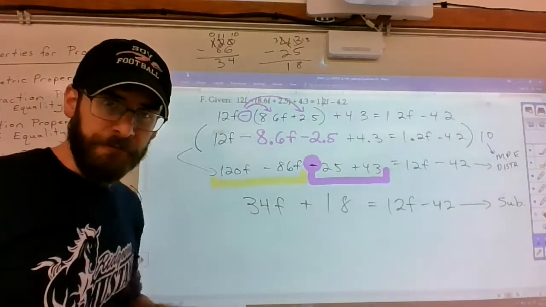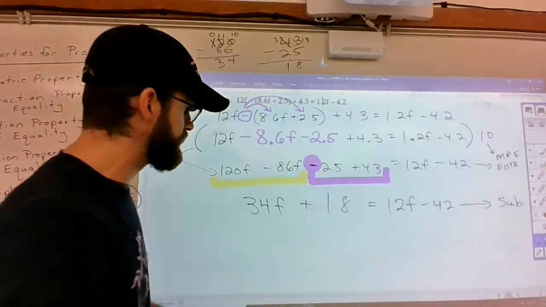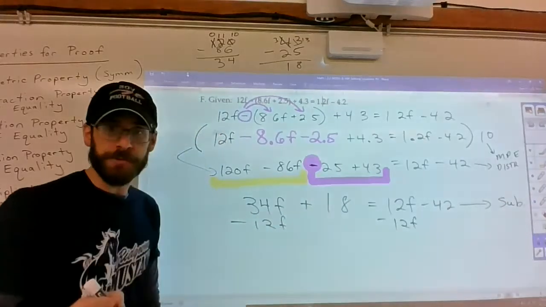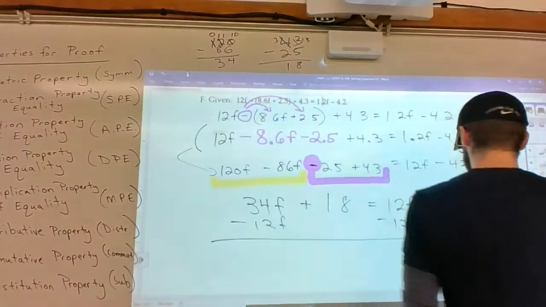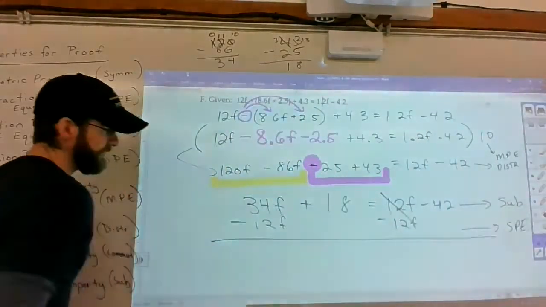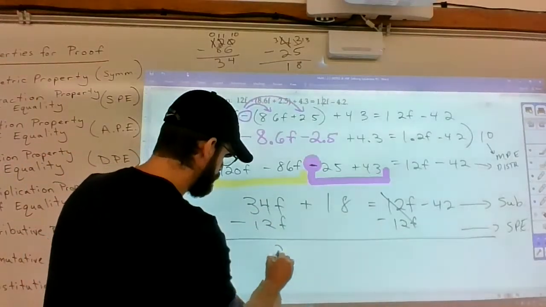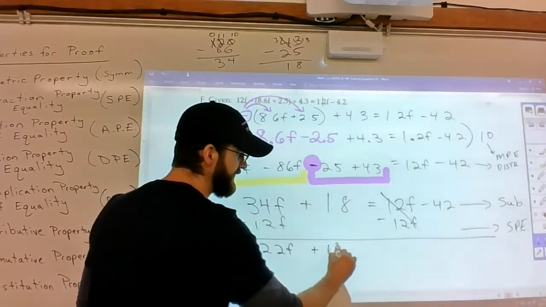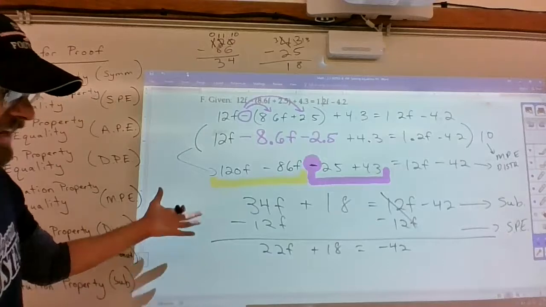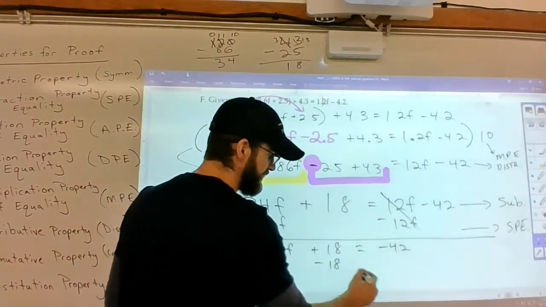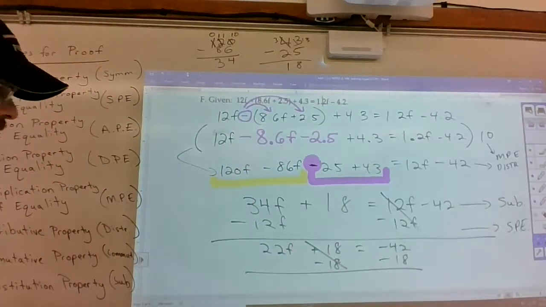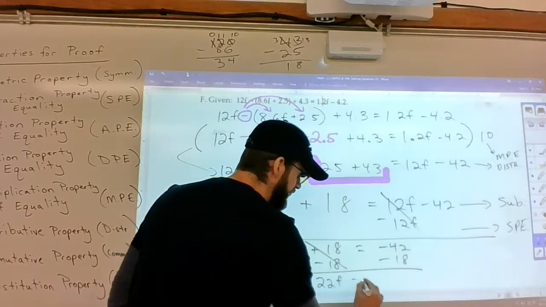Alrighty, now it looks exactly like our first example on the 2.3 notes. I'm going to move the f's to the left using subtraction property of equality. So that's gone now. 22f plus 18 equals 0 minus 42. And then I'm going to subtract the 18 from both sides to get the constants on the opposite. So that gives me 22f equals